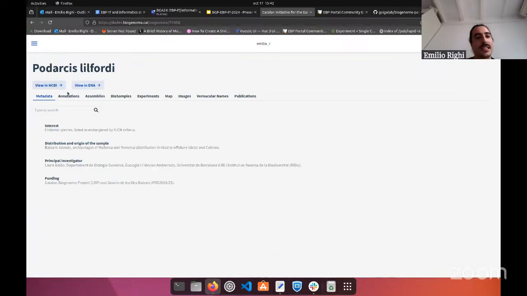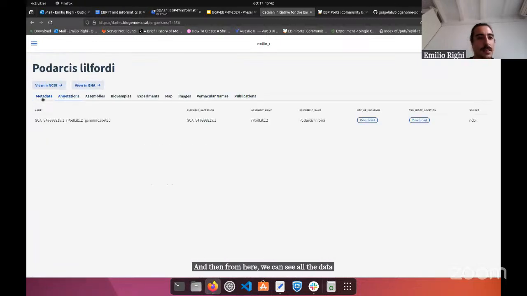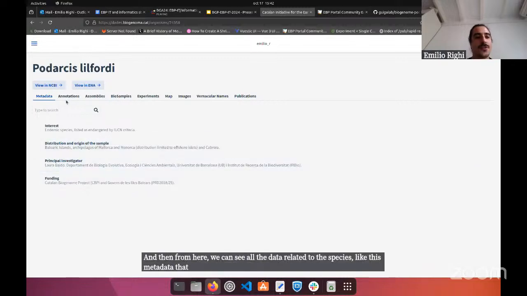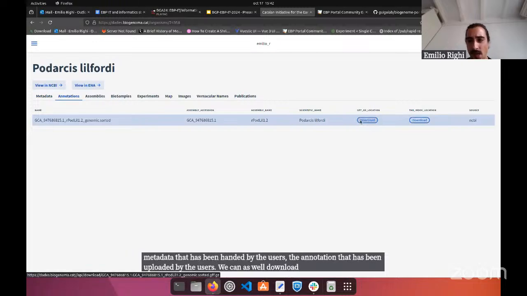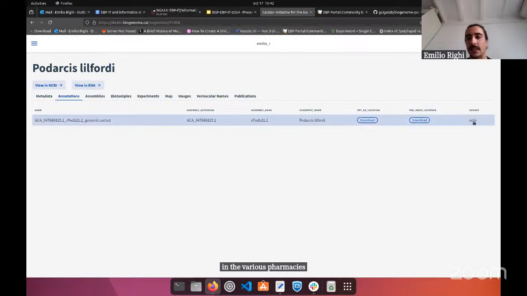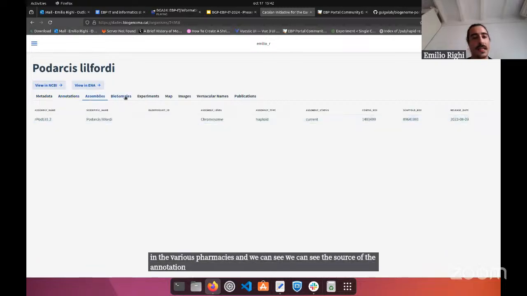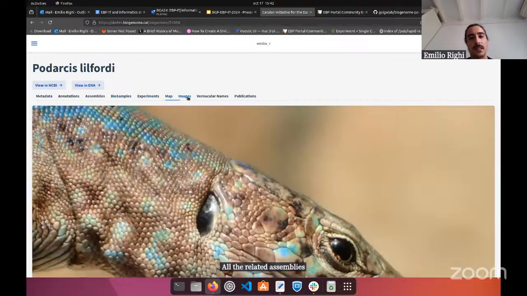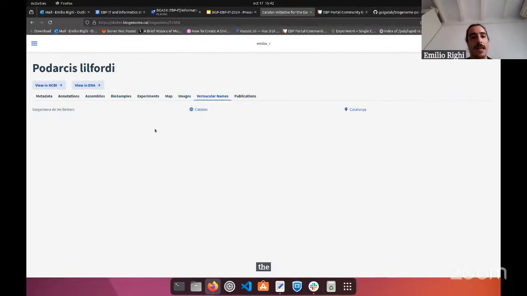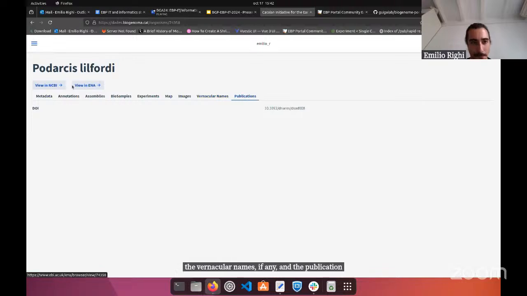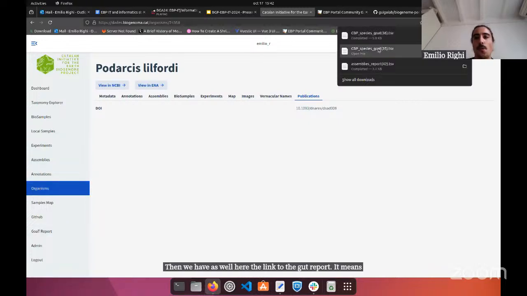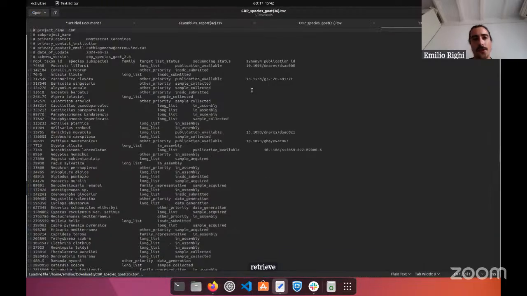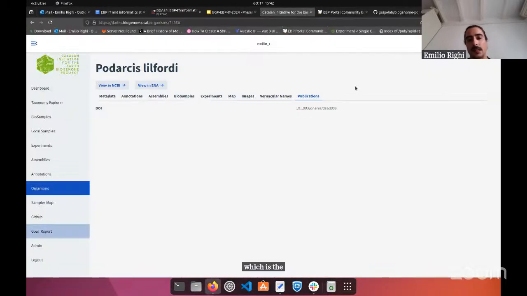From here, we can see all the data related to this species, like the metadata that has been added by the users and the annotations that have been uploaded by the users. We can also download the annotations in various formats, and we can see the source of the annotation, all the related assemblies, the map with the collected species, the images, the vernacular names, if any, and the publication links. Then we also have the link to the GOAT report. By clicking here, we will retrieve our GOAT report, which is the one that actually updates the GOAT